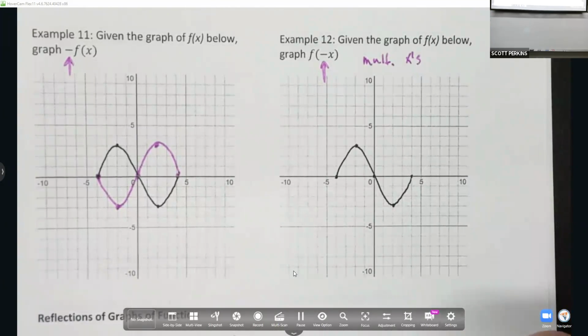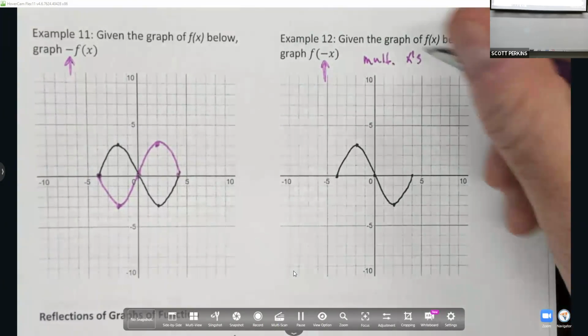Reciprocal means we flip it. We don't change the sign. That's called the opposite. So what's the reciprocal of -1? It's just going to be -1. When you flip -1,